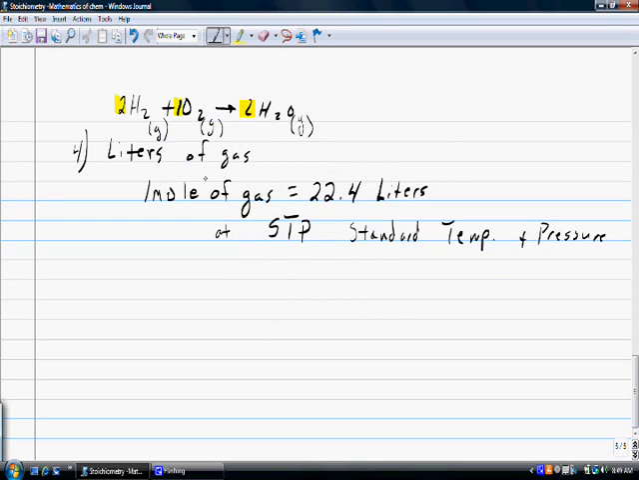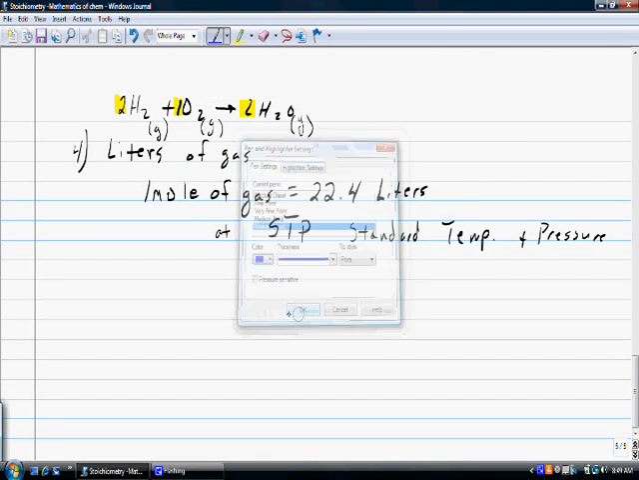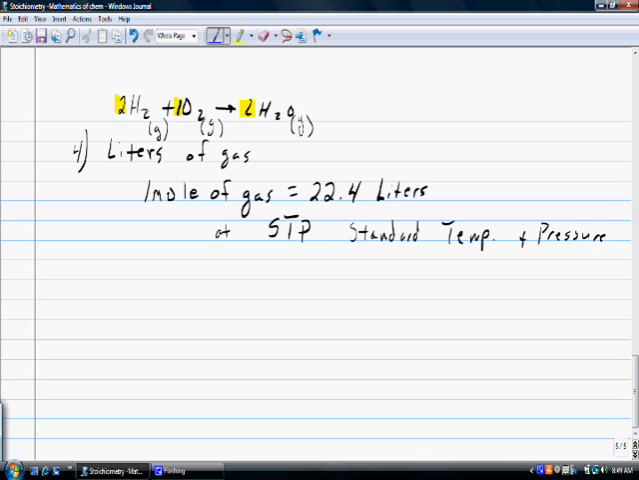And if I were to multiply 2 and 1 and 2 by 22.4 for each liter, I would get the same numbers for each of them, the same ratio. And so when I'm interpreting this in terms of liters, not only does this stand for particles and moles, but I can also say that if it's all gas, 2 liters of hydrogen gas will react with 1 liter of oxygen gas to produce 2 liters